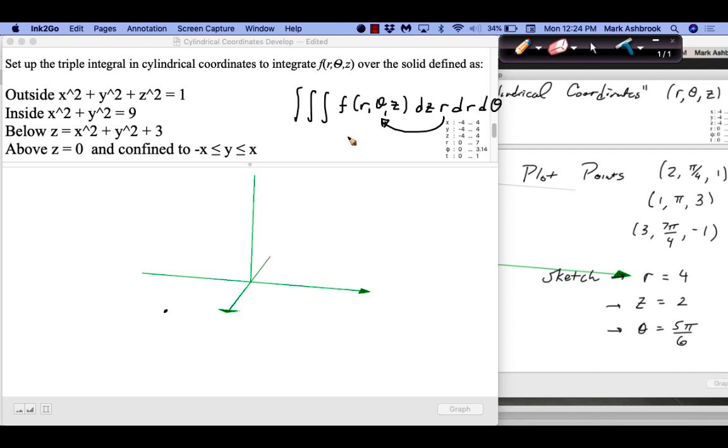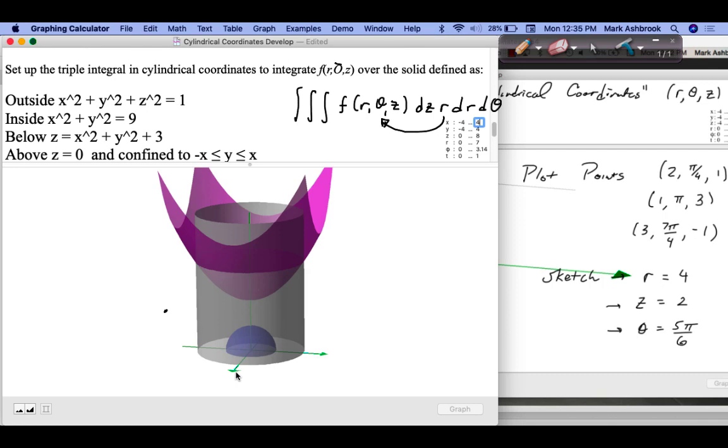Okay. See if we can get this solid. Okay. That will take some time. Okay, so